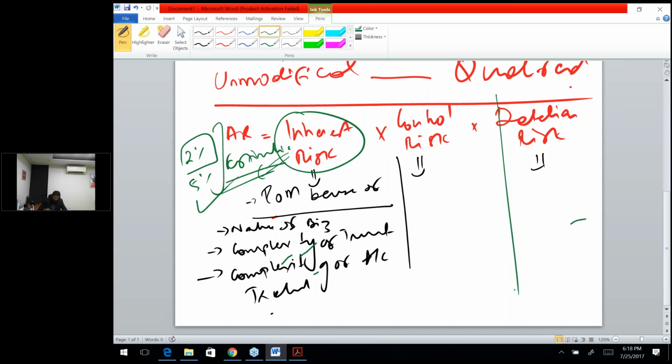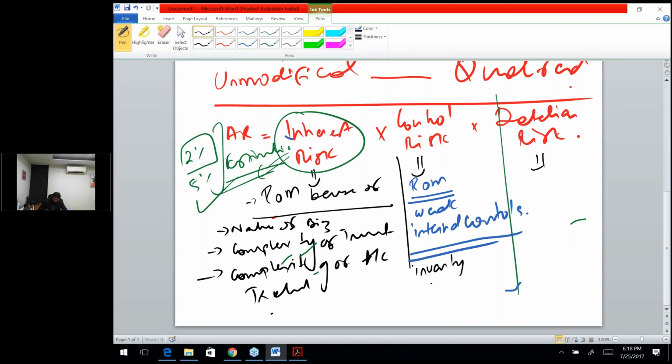The second one is the control risk. And what is the control risk? Control risk is a risk of misstatement because of weak internal controls prevalent in the organization. At times you have weak internal controls on inventory, at times on other items like cash or payroll, etc. So whenever you have weak controls, the weak controls lead to a problem. And what is that problem that they lead to?